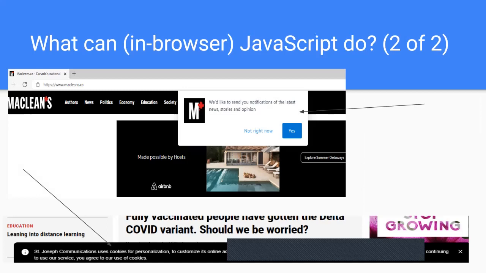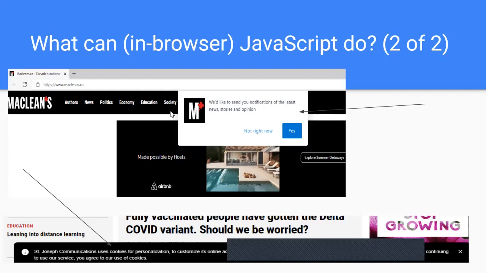So here's an example of a website, and at the bottom you can see the disclaimer, and this is happening more and more. The browser is telling you that this website uses cookies to help you customize and personalize your online experience for that website. And the browser is giving you a little bit of protection to make sure, first of all, that it's a website you trust, that you want it to store a cookie, and you're okay with that, because you don't sometimes want to trust just any website to store a cookie on. You want to be very careful and cautious. And the other